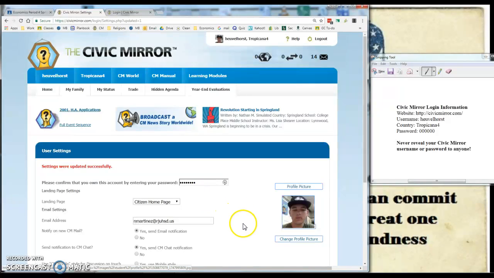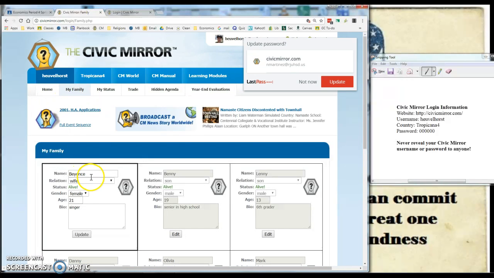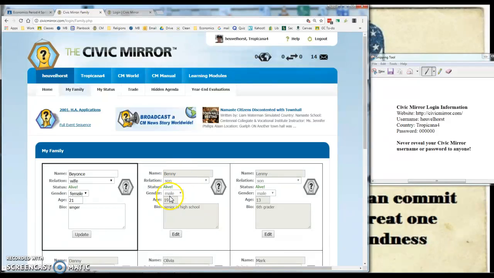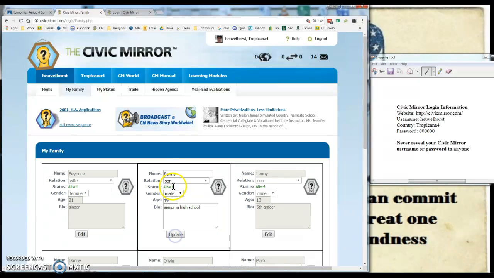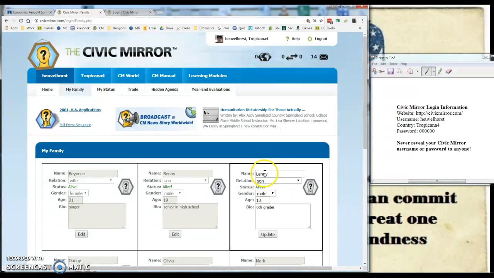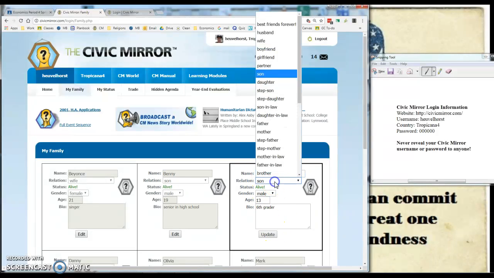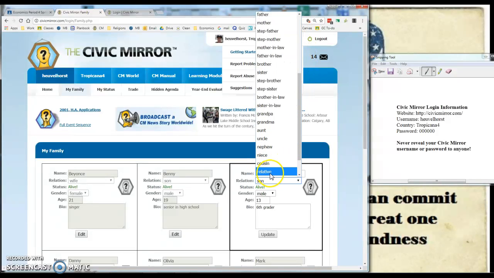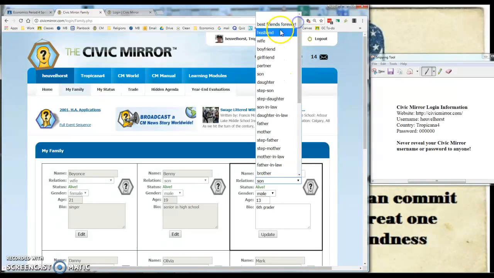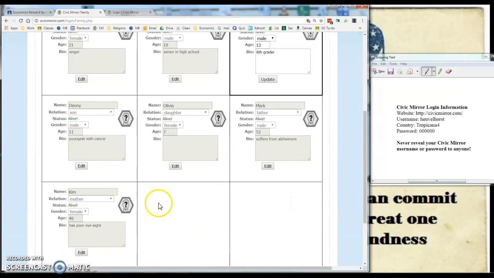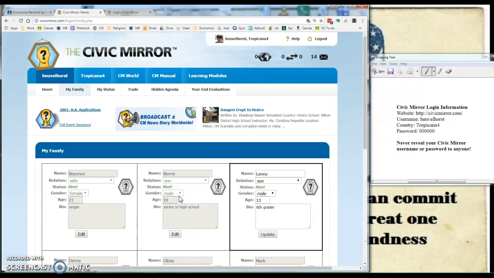Then the final step is to name your family members. So you click on My Family, and you don't need to put what gender they are or what age they are or give them a bio of any kind. You don't have to do that. I mean, if you want to, you can. But what you do need to do is edit and give them names and say what the relationship is. If it's your dad, your brother, your boyfriend, your cousin, your BFF, you determine that for each person, and then